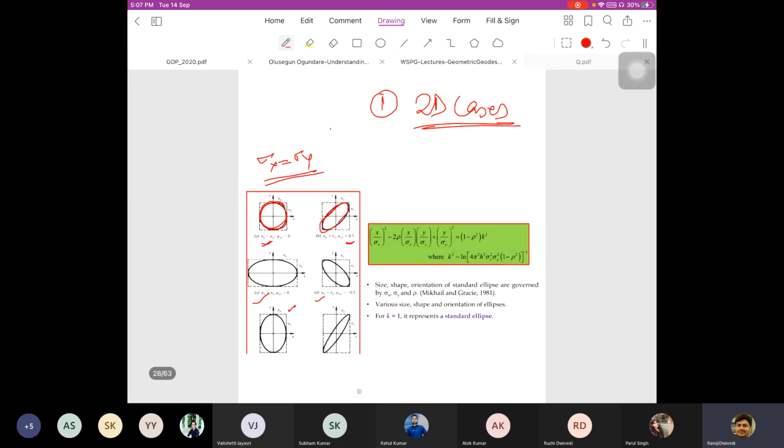And for k equal to 1, it represents the standard ellipse. So the value of k, which you are putting as 1, would be the case for the standard ellipse, just like standard error is 1 sigma error. Okay, in the previous one-dimensional case, you have standard error as 1 sigma. Here k equal to 1 represents the standard ellipse. The moment you have an ellipse, obviously you can recall that in the case of 3D, it would be a sphere, isn't it? In the case of 3D, we are moving from ellipse or ellipsoid to sphere. That would also be nice to see. Okay, anyways, we'll